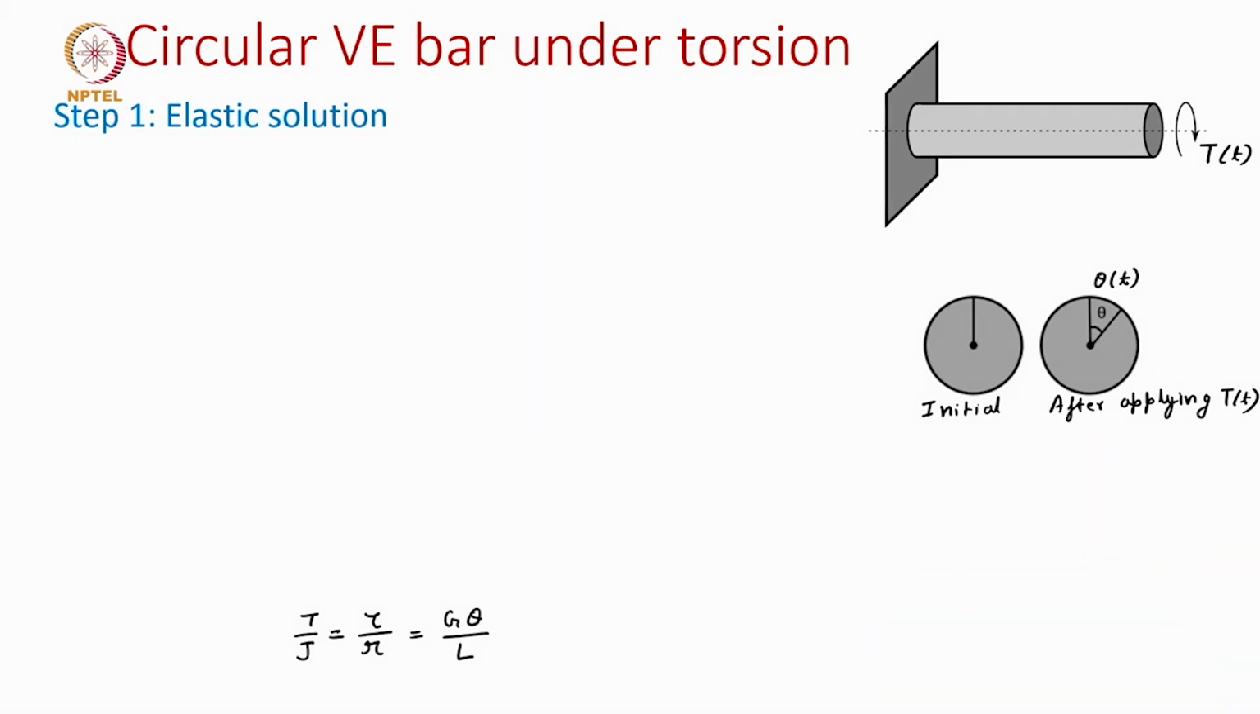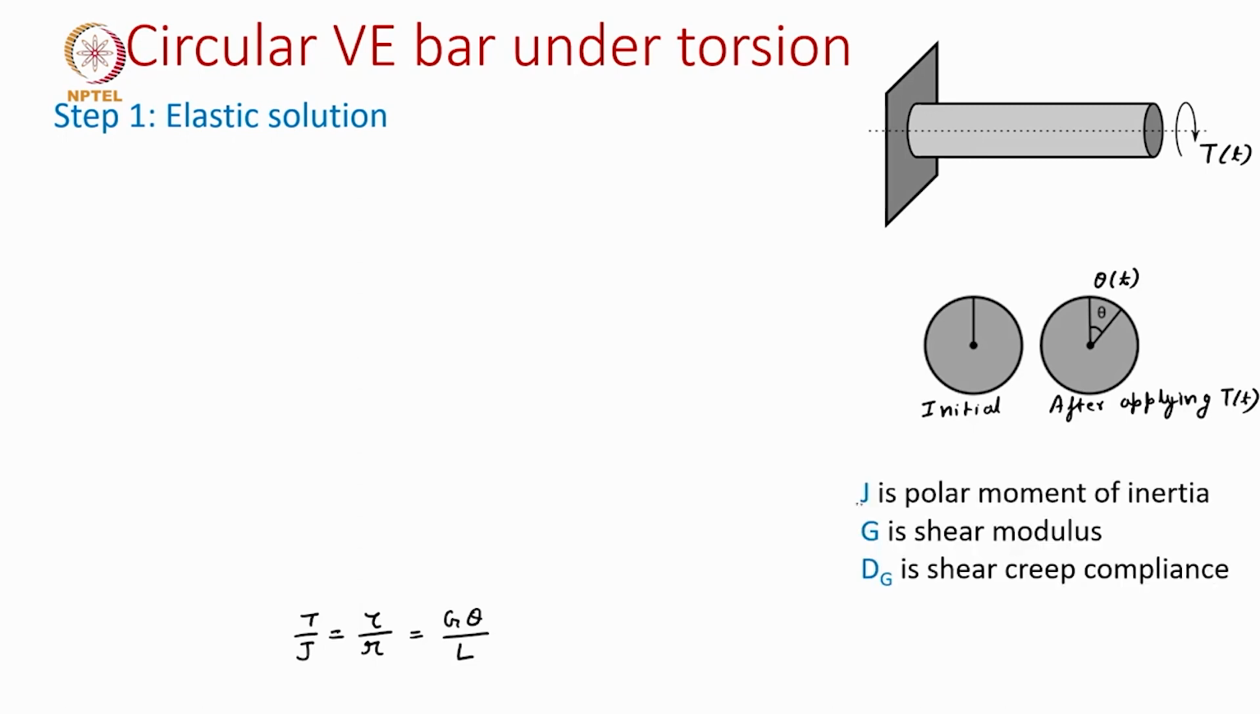So, let us define a few of these constants. J is the polar moment of inertia, G is the shear modulus. In a while we will come to this third quantity. So, let us write the elastic solution for two quantities, one to find the shear stress and the other to find the angle,